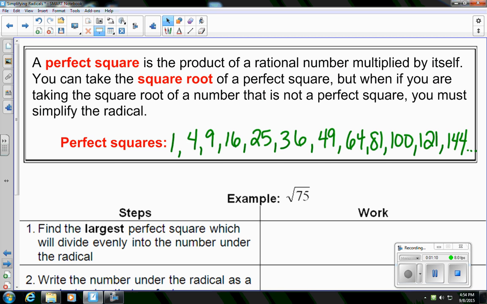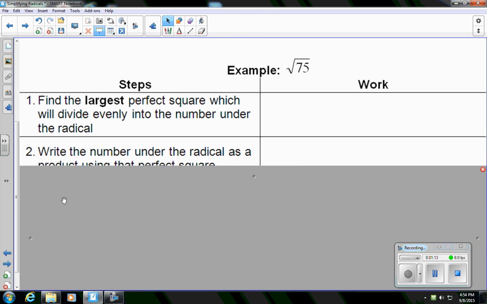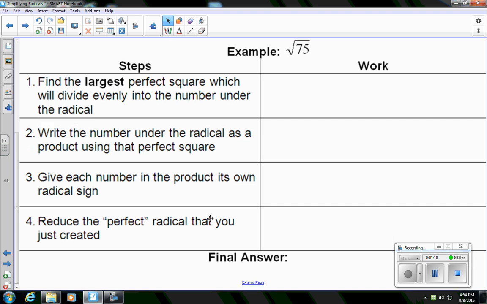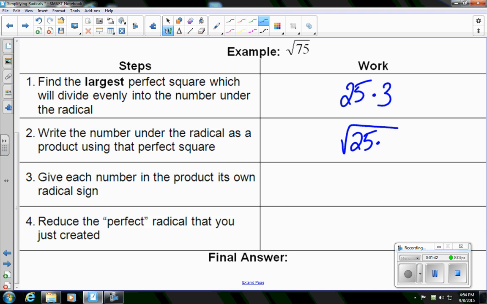So let's take a look at our example. I have radical 75, and if you notice, 75 is not a perfect square, so we need to simplify it. We're going to find the largest perfect square which will divide evenly into the number under the radical. Of those perfect squares that we just listed, the largest that divides in evenly is 25, and it's actually going to be 25 times 3. Instead of writing radical 75, we're going to write radical 25 times 3. Then we give each number in the product its own radical,